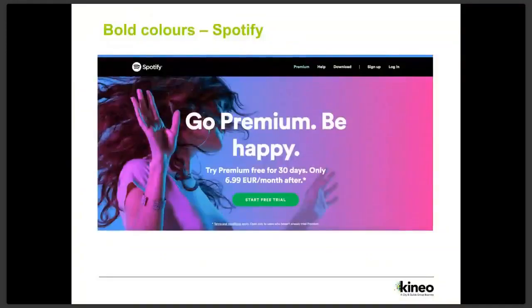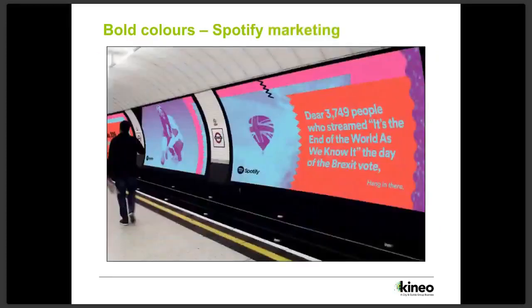So the first example we've got here is Spotify. I think this was developed probably about latter end of 2016. They started to redevelop their brand. So the first image when we showed you there, that was I think 2016. This is one that's probably more relevant now in 2018, and it uses this idea of duotone gradients to help, I suppose, give the image something new, make it look a little bit more modern.